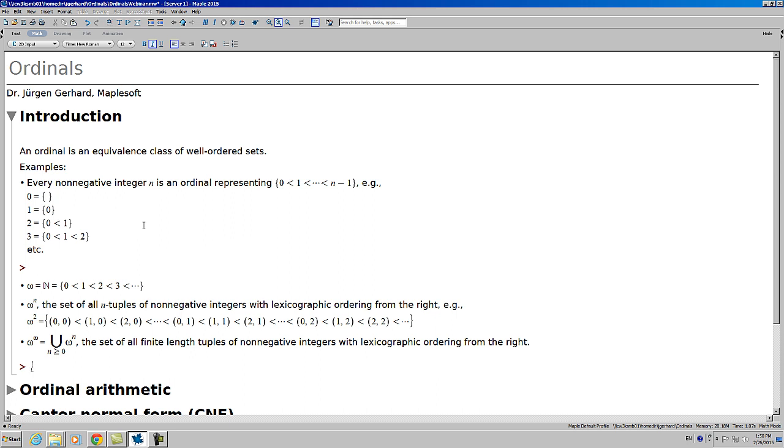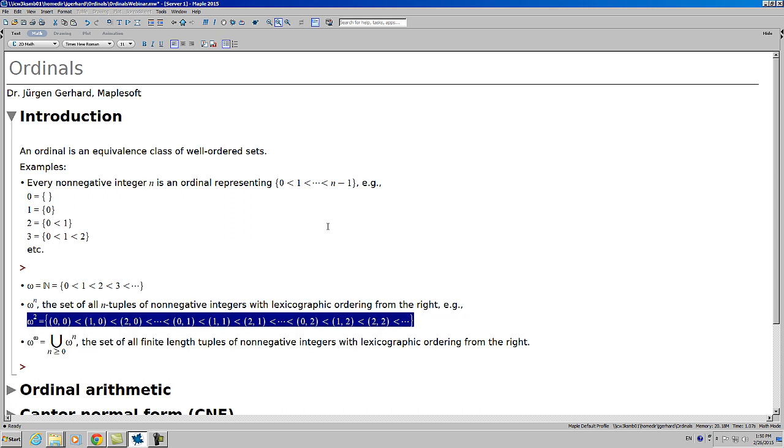Now, using that, you can form some other well-ordered sets. For example, you can take products of omega by itself. So for any non-negative integer n, omega to the n would be the set of all n-tuples of non-negative integers, where you first order by the rightmost component, then if the rightmost components are equal, you order by the second rightmost, and so on. So for example, if you have omega squared here,